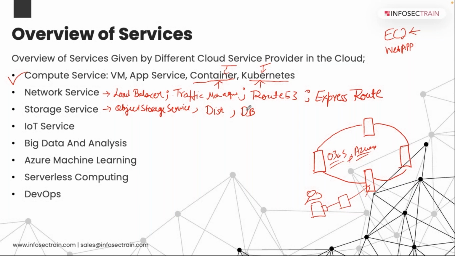When we go to the storage accounts, we'll be seeing the object storage. Like in S3, you can store different objects, different types of files, and store them as a whole. You can create disks in there. You will be having the databases. We'll be playing around today with the disk a bit, as well as the databases. So what is here and how things are deployed, that will be covered.